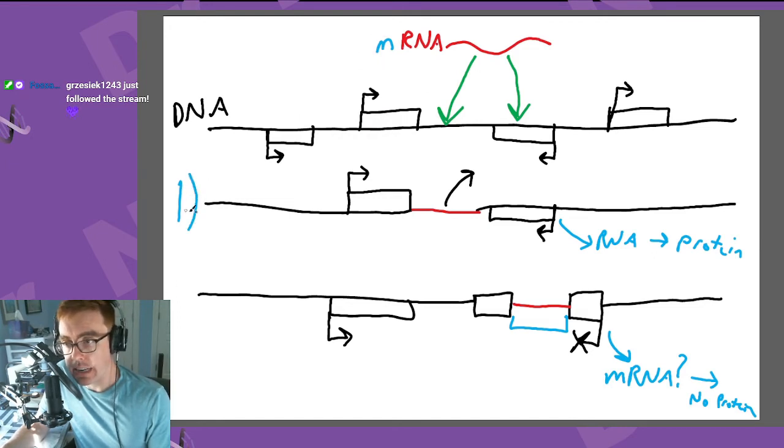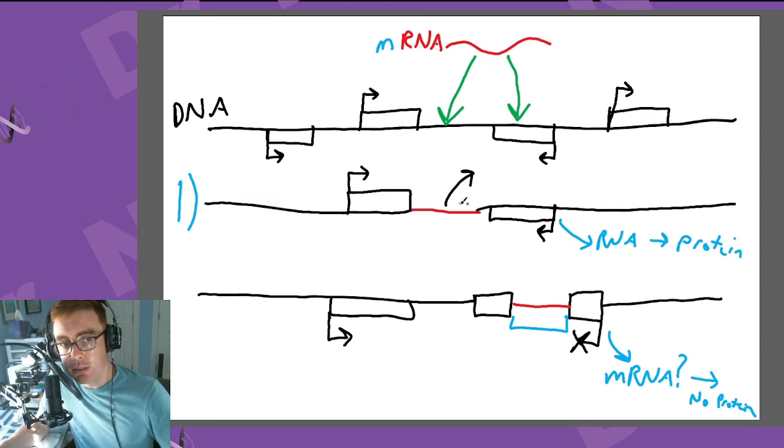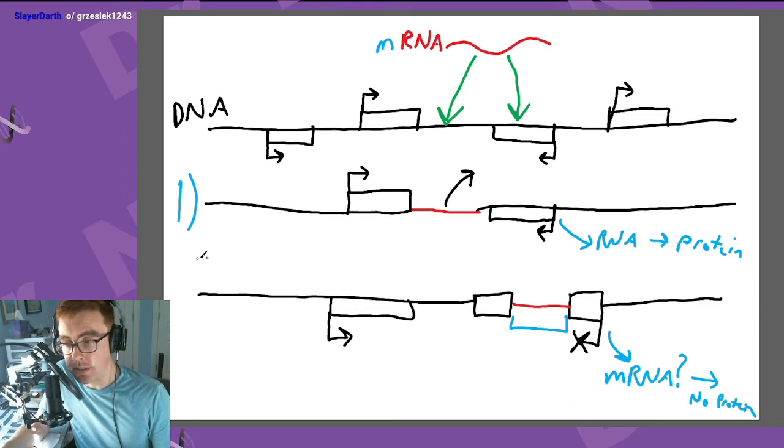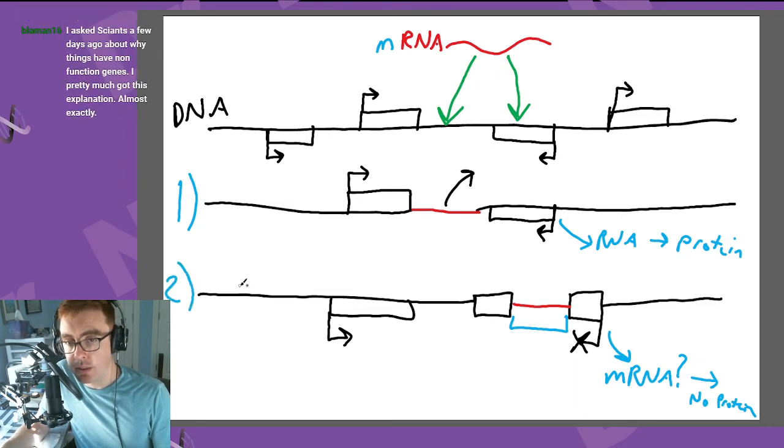So you might start here at number 1, where endogenous, that this retroviral, or this retro element is just hanging out, not causing any problems. It's just kind of along for the ride. And it's getting replicated, so it's happy. But one day it decides to move, and just by chance, maybe it's more likely to move into this other gene more than other places. So in step 2,